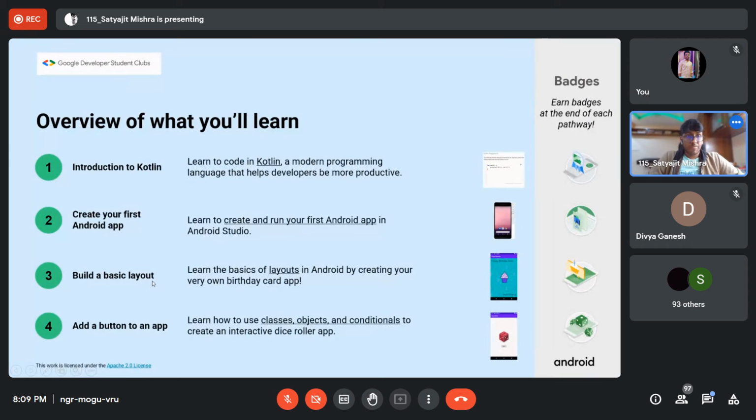So coming back to the overview of what you will learn. As I told you, you have 16 pathways. This is just a quick view of what each pathway contains. Introduction to Kotlin was the first pathway, and after I have told you the basics of Kotlin,